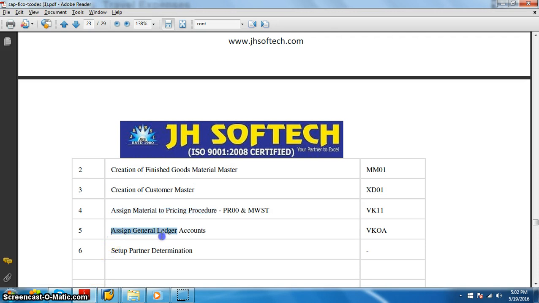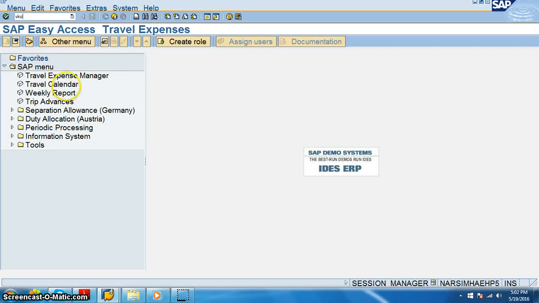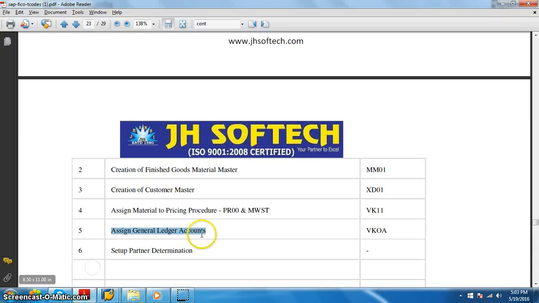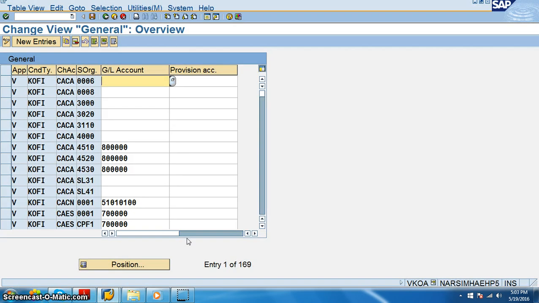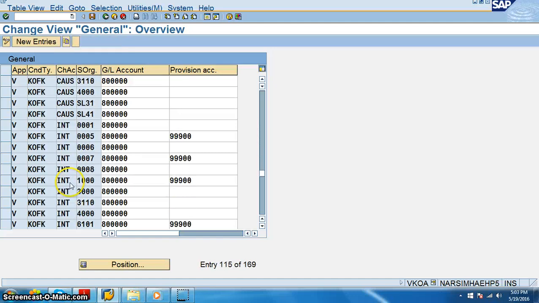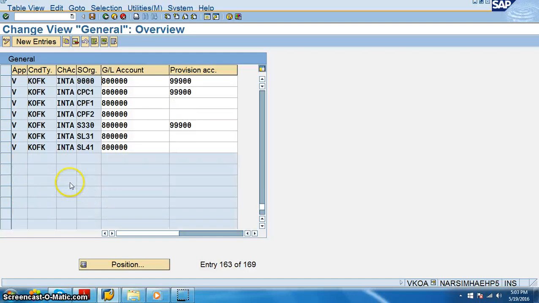And this we have assigned general ledger accounts VKOA. Here, for whatever application condition types that we have, we can assign an account number.